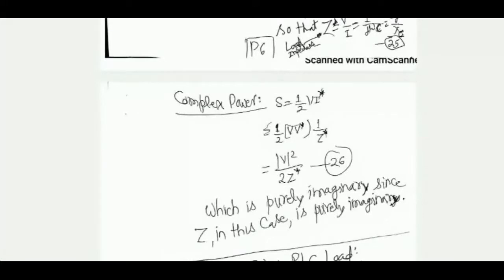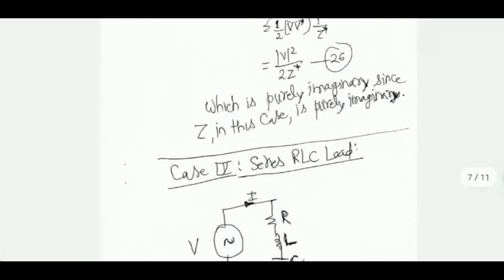Phasor domain's main advantage is that you don't have to worry about differentiating and integrating. And the downside is that we have to use complex numbers. So I think I'll stop here. Next time I'll continue working on series RLC load using phasor domain. And then we will solve some numerical problems. And this document is the last document as far as the EE fundamentals are concerned.